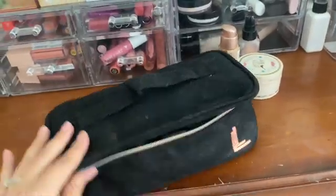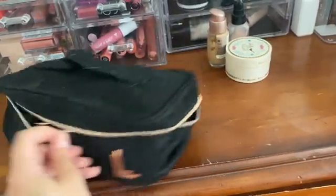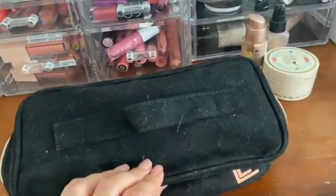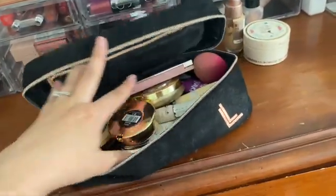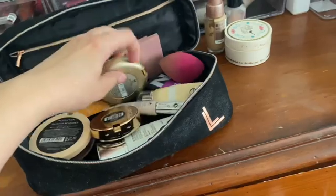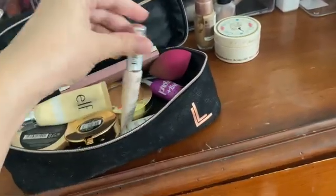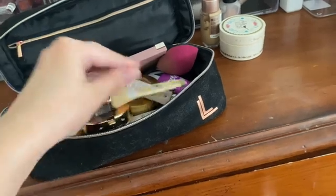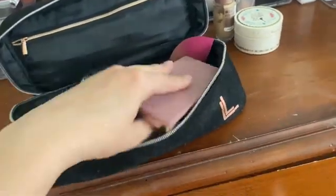This is the one that I got from Laura Lee, Los Angeles, when she did her mystery makeup bag. It is very dirty right now. I have to take a lint roller and clean it up a bit. But I have my everyday makeup that I'm working on trying to use up. For example, this primer, these concealers I'm trying to use up. So this is in my everyday makeup, and then I will switch out bronzers, blushes, eyeshadow palettes, just so